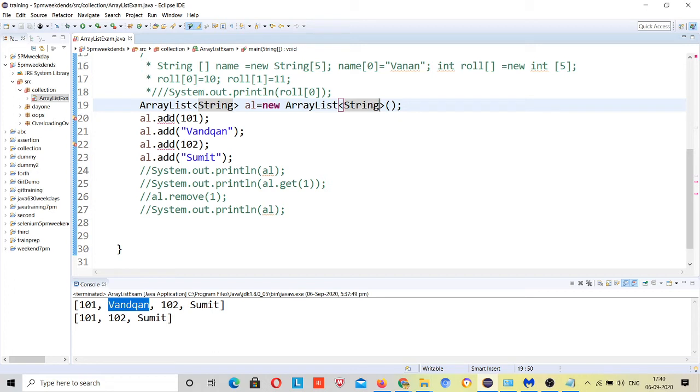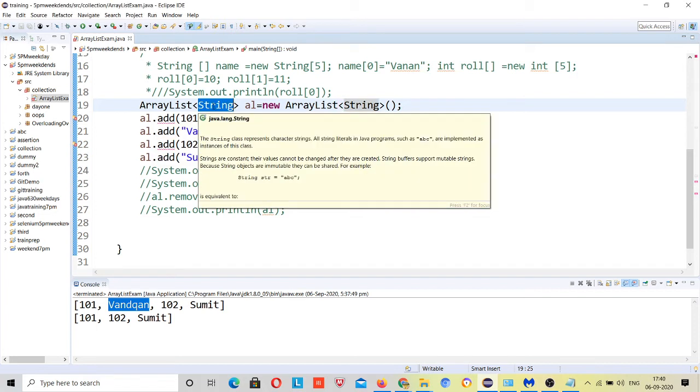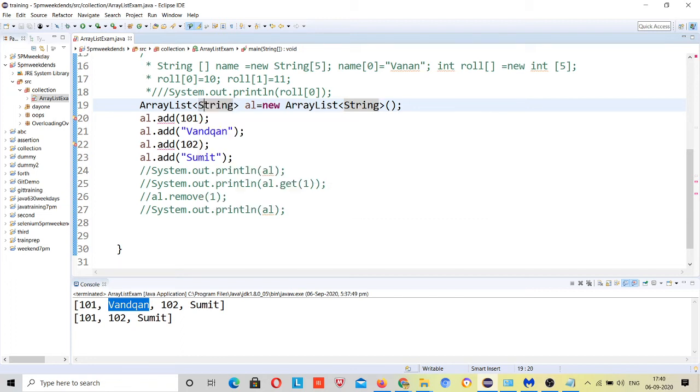Now see this error: the method add with string type is not applicable for arguments of integers. This means your array list now allows adding only strings, because you have given generics to it.